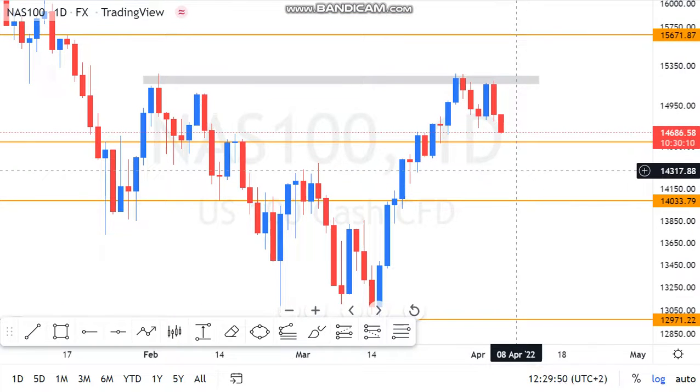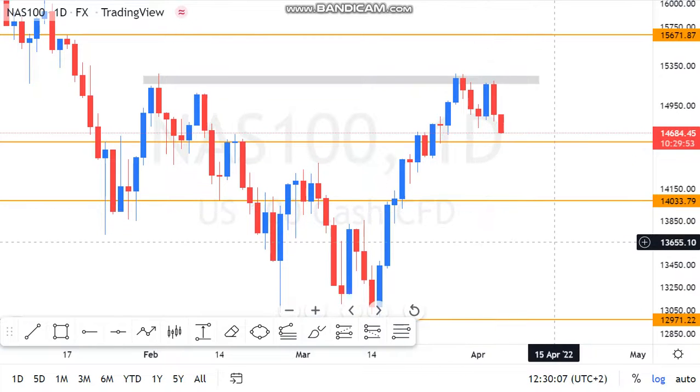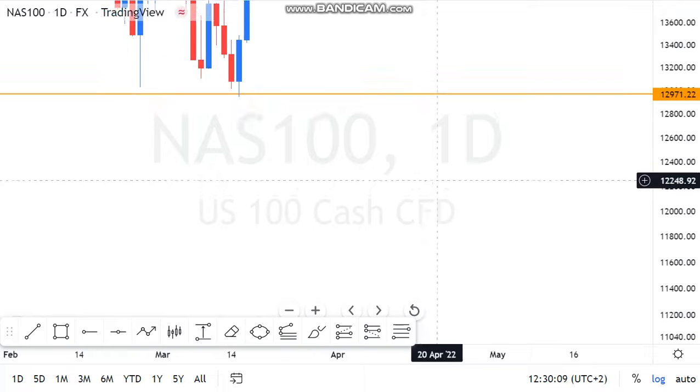So if I can give you a bit of homework to do, go and familiarize yourself with what we call forex patterns. We have a number of patterns. We have continuation patterns and we have reversal patterns. If I can just give you a quick example of these patterns,